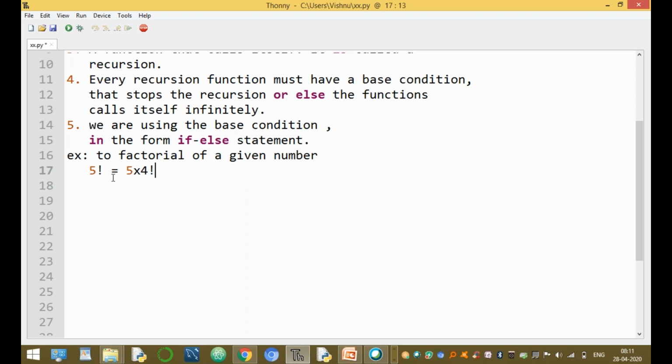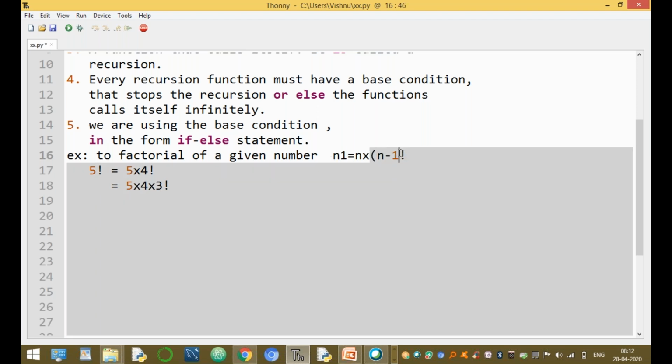Again, 4 factorial is 4 into 3 factorial. That means n factorial is equal to n into n minus 1 factorial.